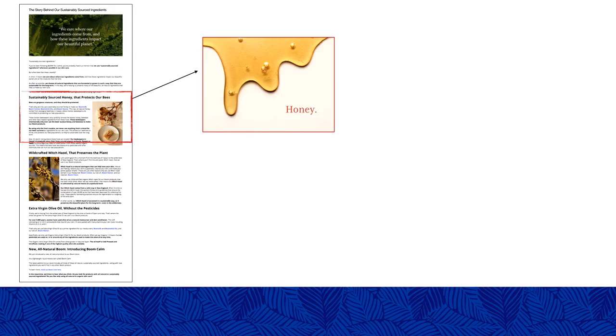So for instance, we have our sustainability blog here, and I know you can't read that, but trust me, it's a sustainability blog, and we have a bunch of information on here about our honey and about our wild crafted witch hazel, our extra virgin olive oil. So that's just a few of the ingredients we use in our skincare line that we want to show that we are sustainably sourcing them. So we take this post, we'll pull out maybe the honey, and we'll write a whole post underneath that just about the honey and link back to this blog post.